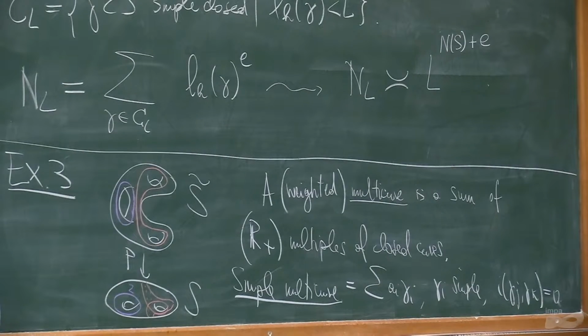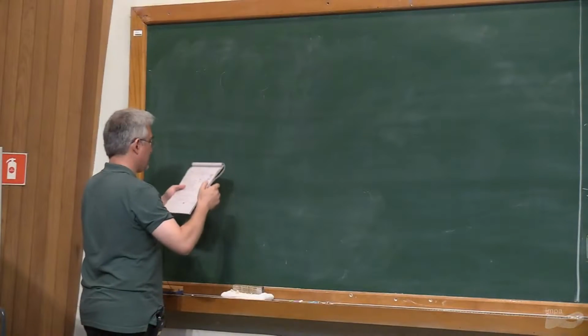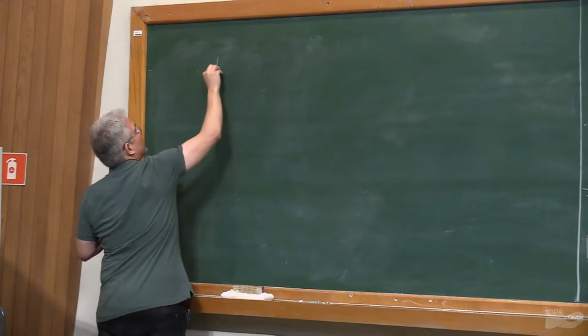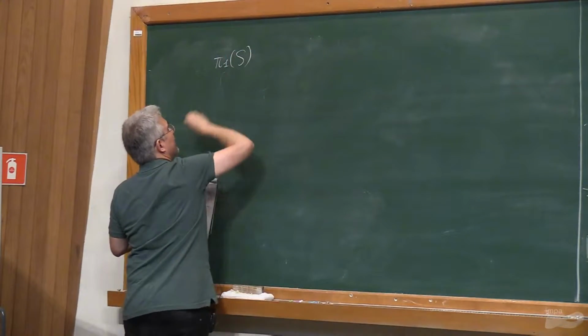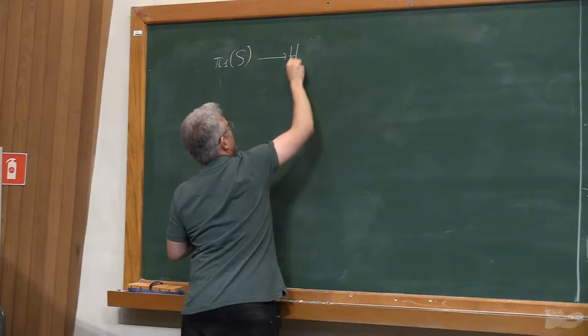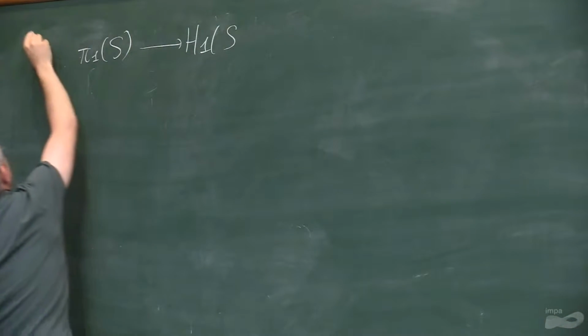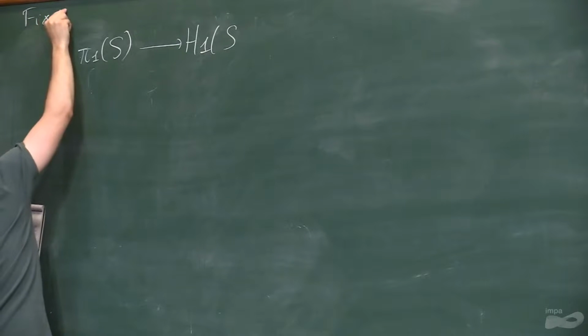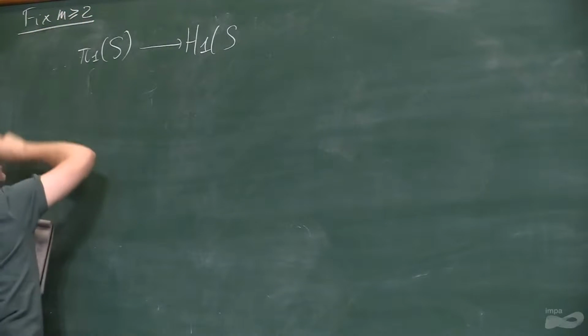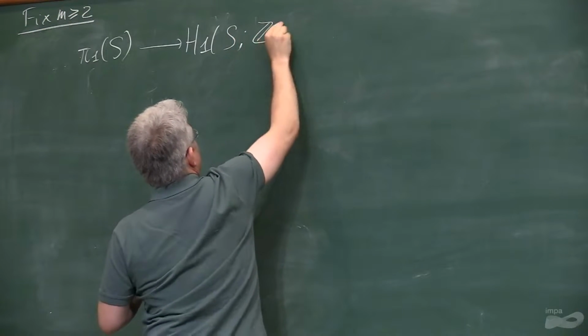But in order to make this problem mapping class group invariant, I have to use a nice cover, which is sort of canonical. So let's produce it this way. Let's take the fundamental group of S. We can map it, so let's fix some integer m, which is at least 2. Let's map it to the